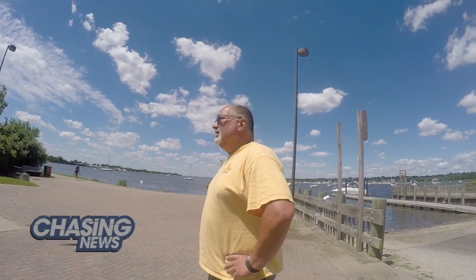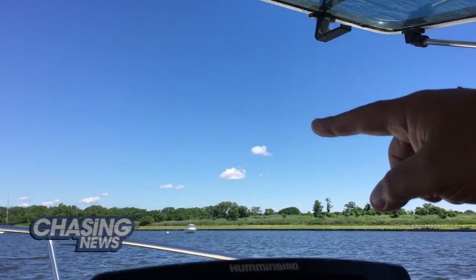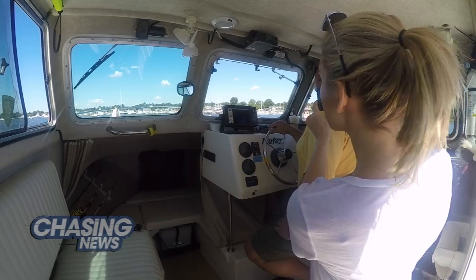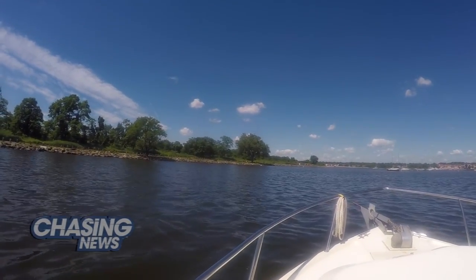Fred DeLeese is a local boater and is now on the hunt for answers. See, it's barely above the water. That's with the bird on it, the cormorant on it. Yeah. Okay, now that mooring, that's abandoned. He took me on a ride around the harbor where he showed me where he says the problems all began. I mean, is it at the point where you're going along right now and you don't know what could be underneath your...